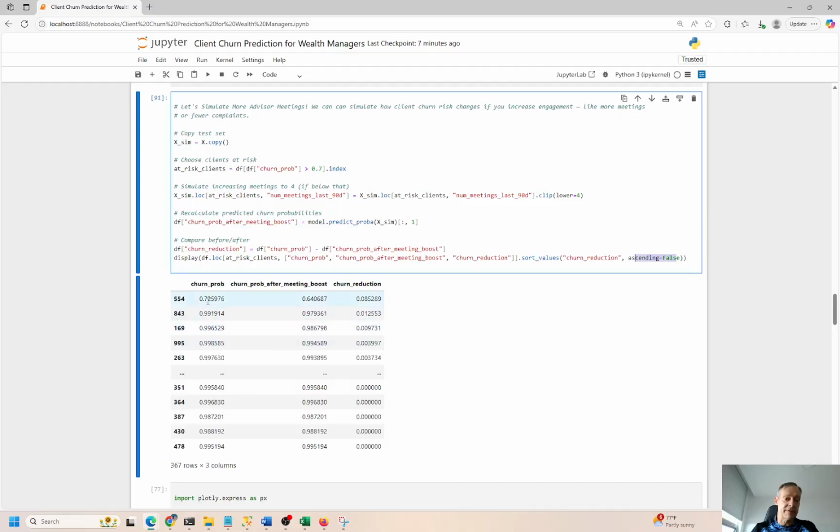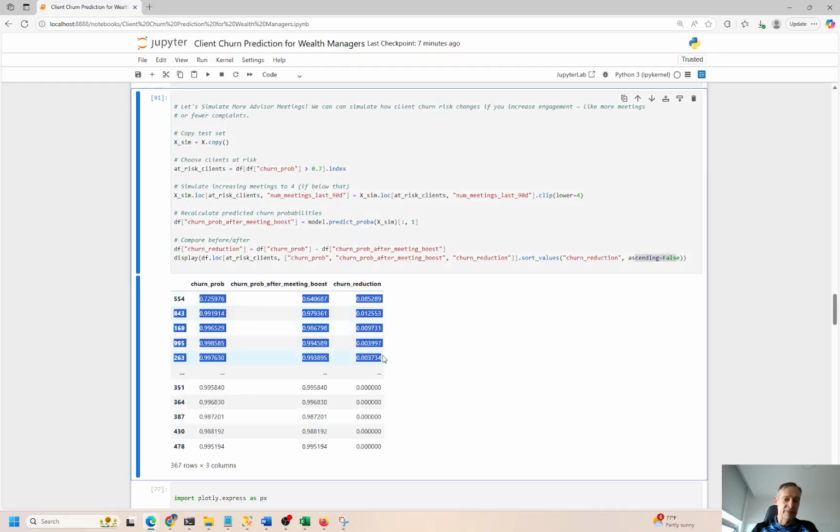So if you want to focus on the top 5 clients right here and reduce the probability of churn, these are the 5 people that I would call right now today. Reach out to these 5 people because they are 99% likely. Well, this one's 99%. These 4 are 99. This one's 72. These people are pretty much leaving the business and going to the competitor, right?